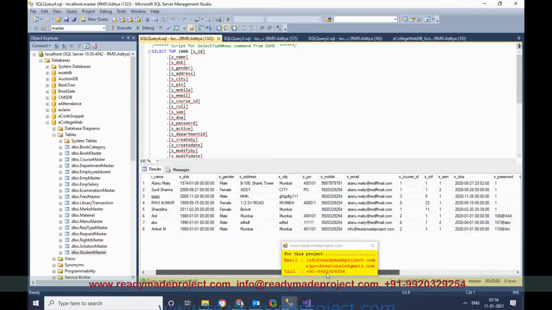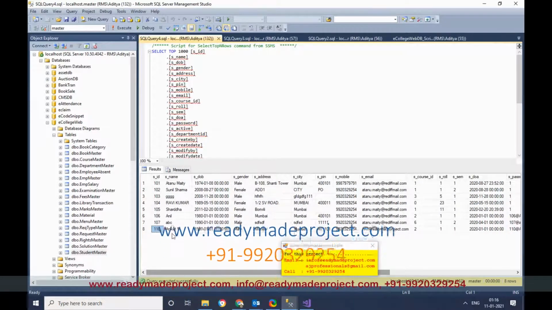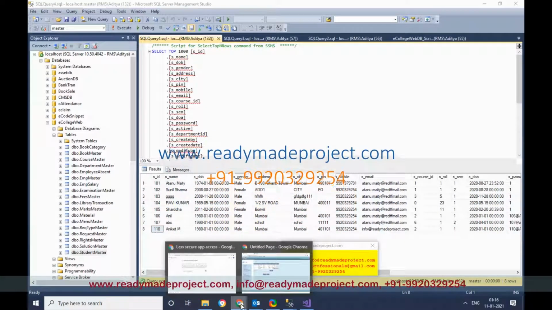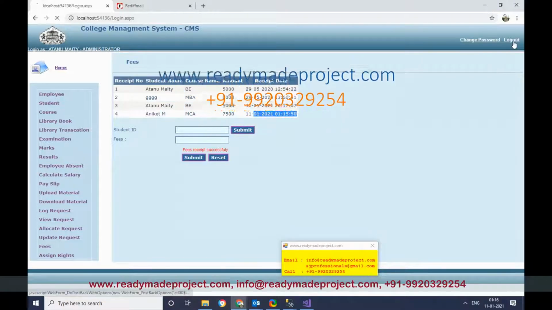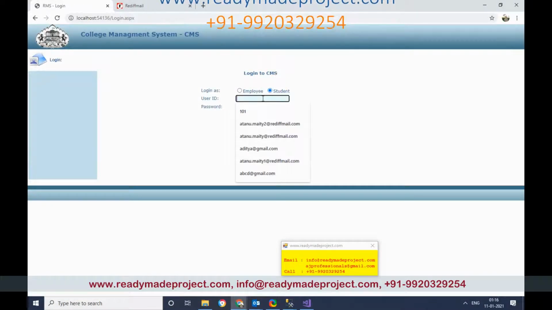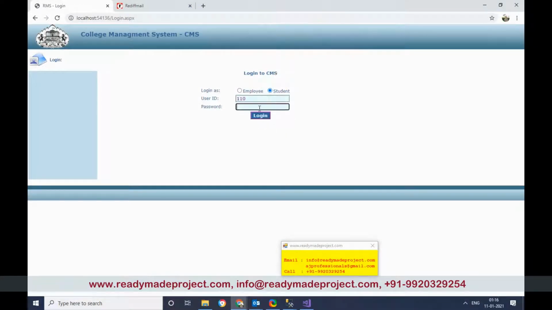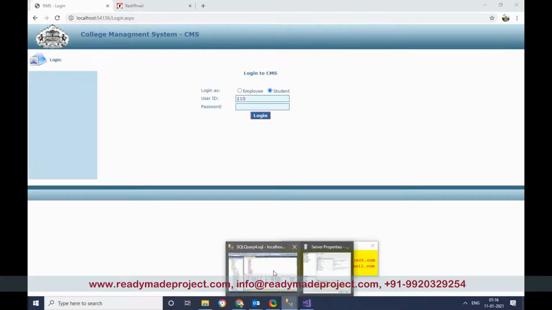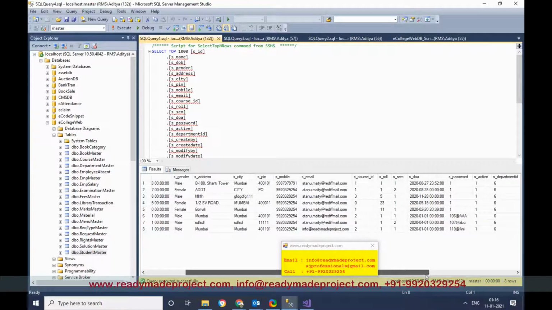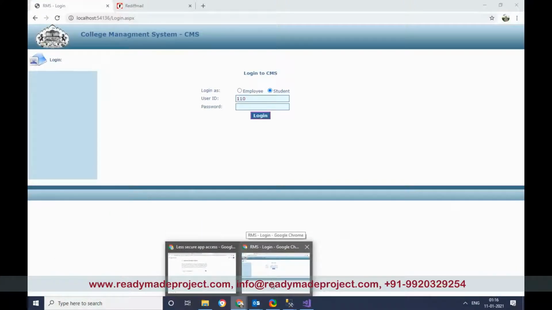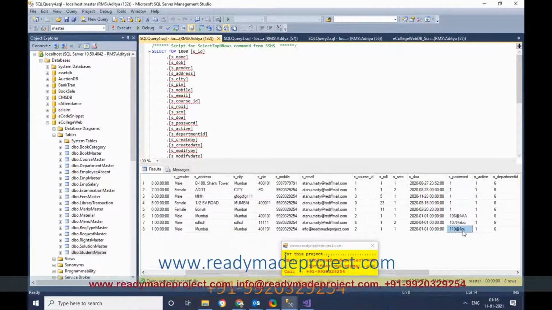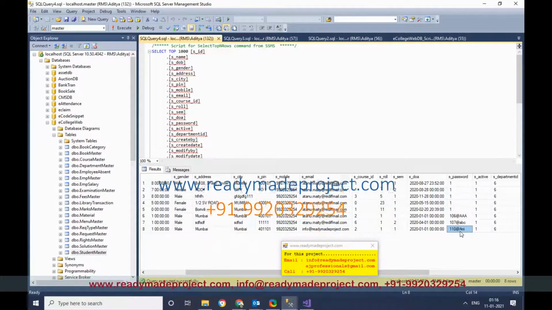So I have to type the student code first. It will log out. 110 and then the password. You can copy and paste the password also, and you can change the password later on. By default, once you create a new student, the password is the employee code at the rate, first three letters of his name.